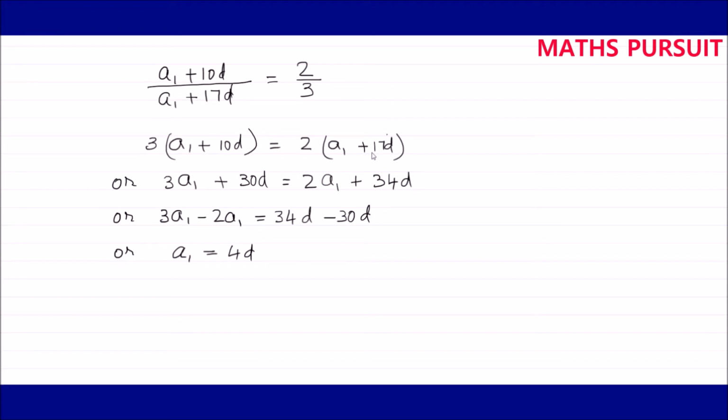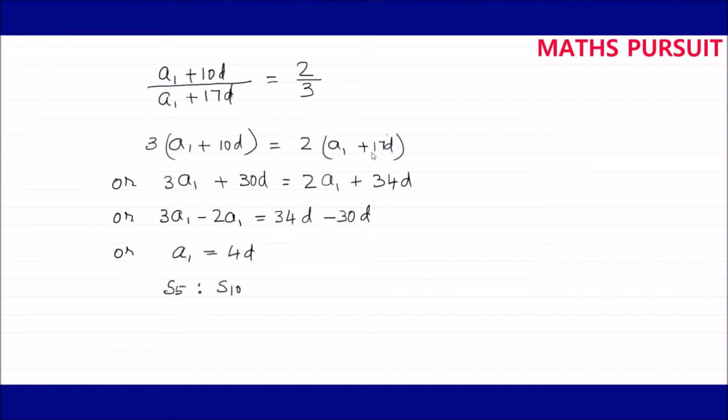Now let's see what we can do. As per the question, we are going to focus on the second part of the question, or the main part. Find the ratio of the sum of the first 5 terms to the sum of its first 10 terms. That means here we are going to find the ratio of the sum of the first 5 terms to the sum of the first 10 terms. That means S5 is to S10.